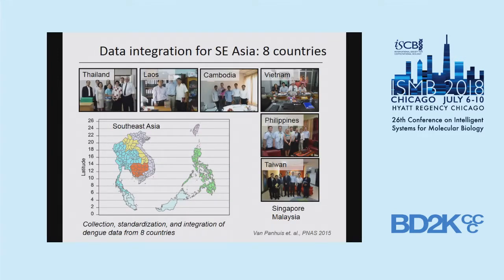Just to show that getting data from countries around the world is not just a matter of sending some emails. You can see we went to all the different countries here in Southeast Asia for a specific project, 8 countries, making specific collaborations with everybody. And so building a data system like this has a technical component to it that I'll talk about, but there's also a great human, social, cultural component of asking colleagues and partners to release data sets that have not been public yet. That's a process that I won't talk about, but that we did publish about.